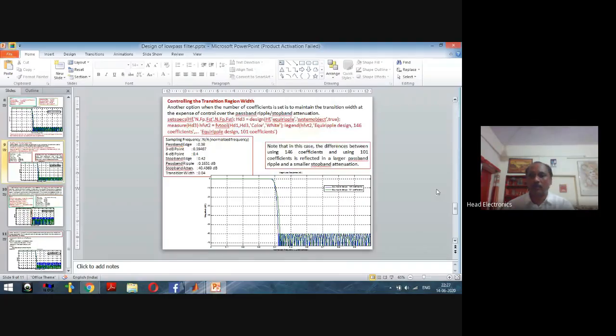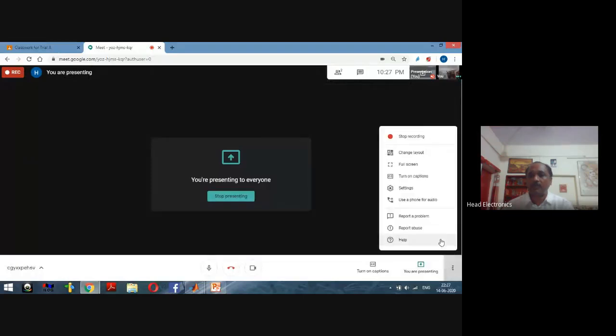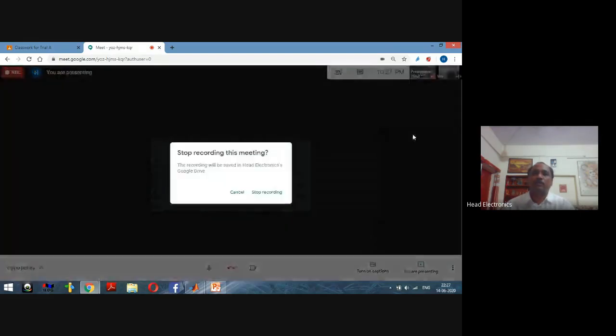So this is about the design of the FIR filter using the concept of the functions. Here in this designing, we have utilized only the basic functions of MATLAB to design the FIR low pass filter here. Thank you very much.